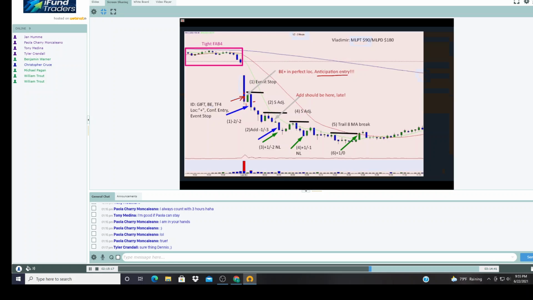Doesn't matter. Actually, you're entering here on the GBI, right? This is a great GBI. Now, this is a GBI. It's a tiny bar. It's a pause after a push. So you have a big push down here, then you have a pause, and then we continue there. So entry here is actually GBI. That is your event. Okay.